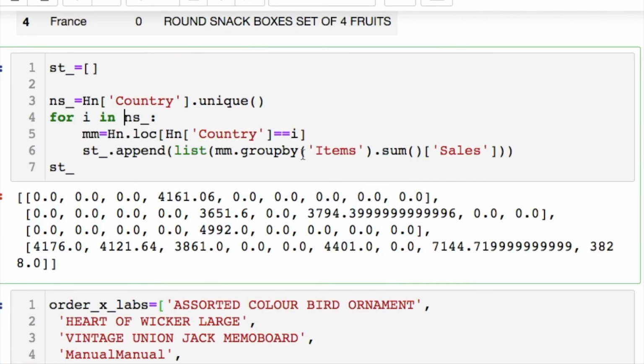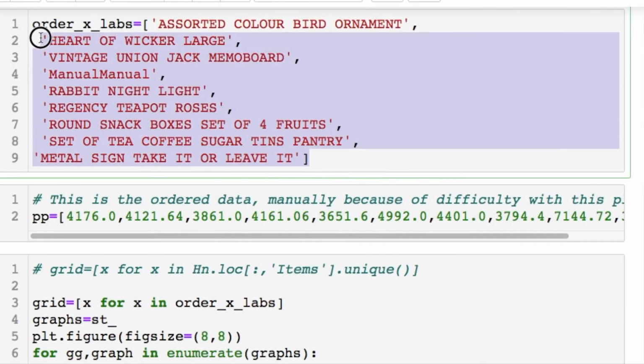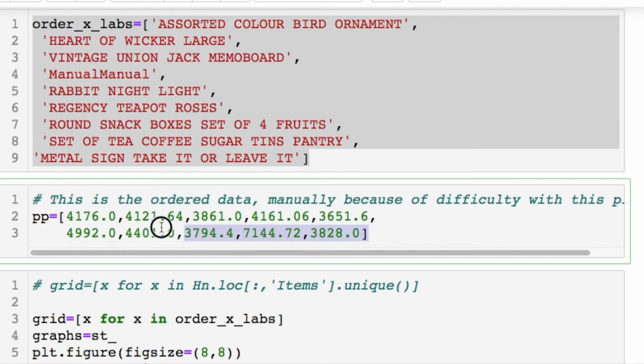So we iterate through the country names, and then we append our group by items, taking the sum of the sales data. And that's what we have here, which is going to be used for doing our nested bar chart plot. You're going to notice this right here. This had to be used because the ordering of our plot doesn't add up when we do something next. We're going to come right back to this and this portion here.